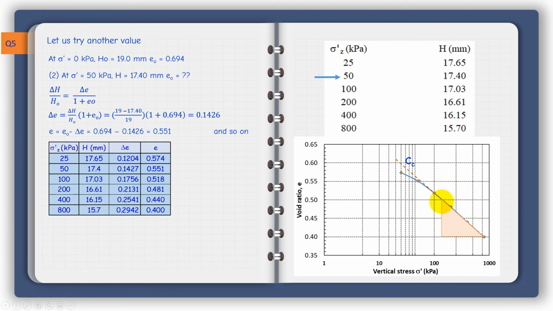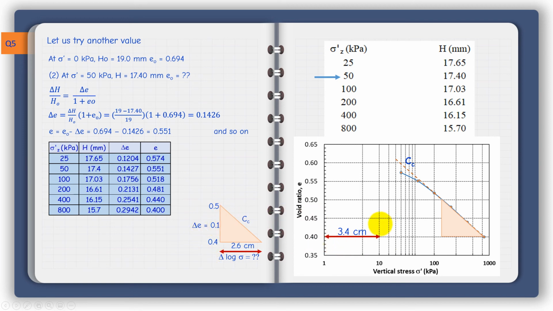So I can come up with this triangle. So C sub c based on this is the change in the void ratio, delta e, divided by the change in the horizontal axis, which is delta log sigma. I can take this outside, and it's very important to know how to get this delta log. I said before, it's prudent when you work out this triangle, you choose the height here so that you know the values of the void ratio. So here this tip corresponds to 0.5, this tip corresponds to 0.4, so 0.5, 0.4,